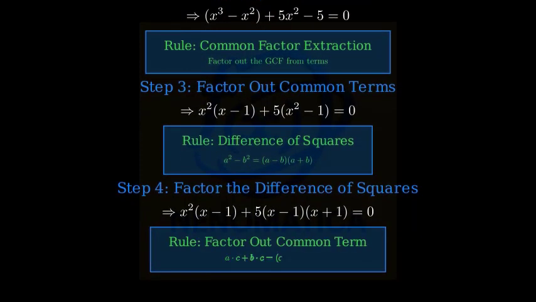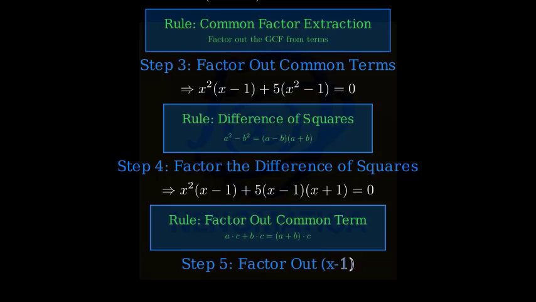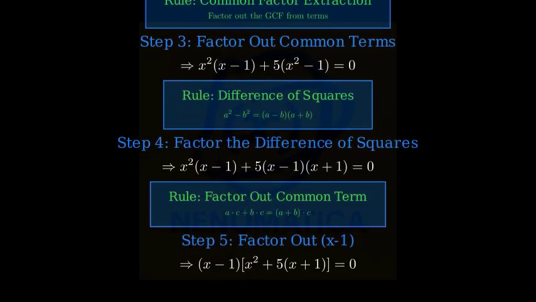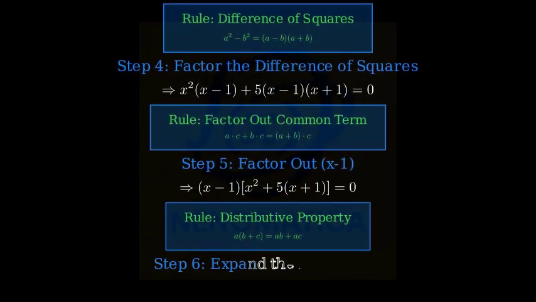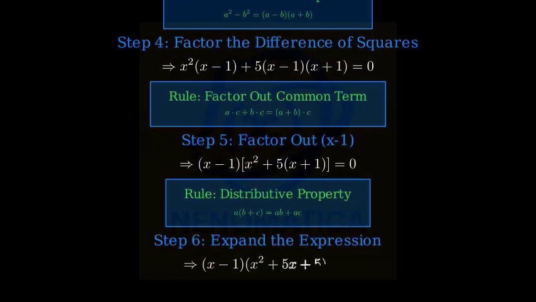Now we can see that (x minus 1) is a common factor in both terms. So we can factor it out. We get (x minus 1) times [x squared plus 5 times (x plus 1)] equals 0. Now, let's expand the expression inside the square brackets. We have x squared plus 5x plus 5. So our equation becomes (x minus 1) times (x squared plus 5x plus 5)